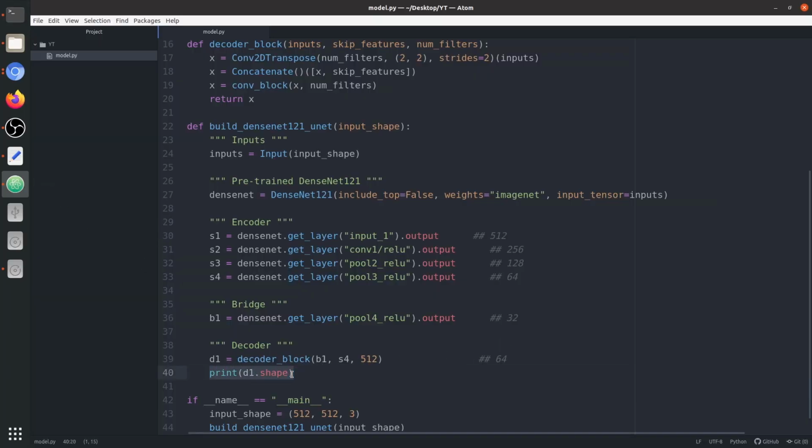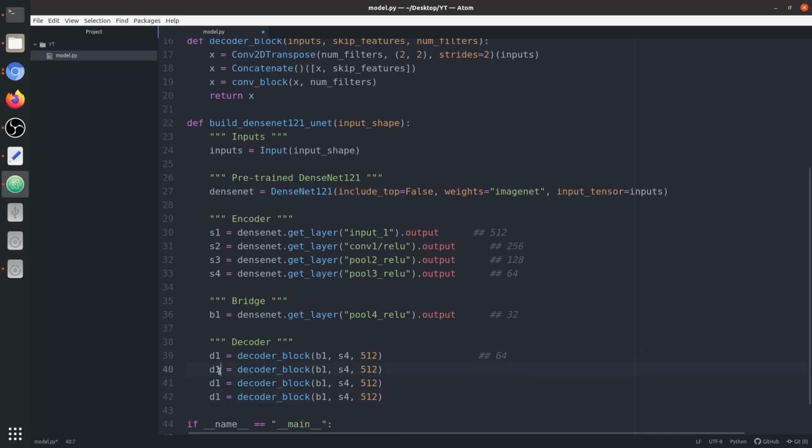Now we'll go for the 3 more decoder blocks, and I'm going to copy this code 3 times and rename them to D2, D3 and D4. First for D2, the input becomes D1. The output of the first decoder block acts as the input for the second decoder block, and this is how it works.